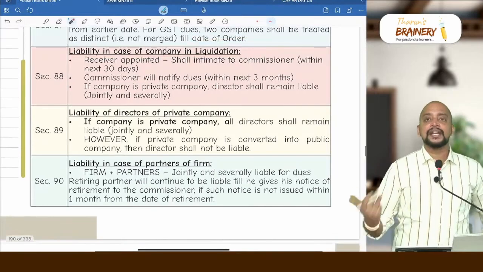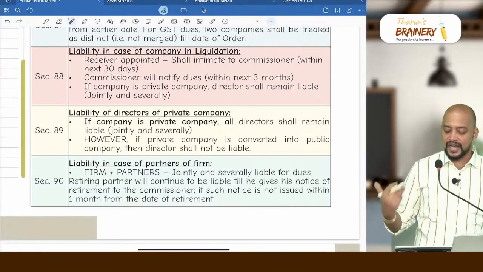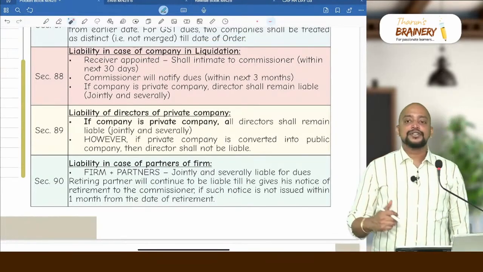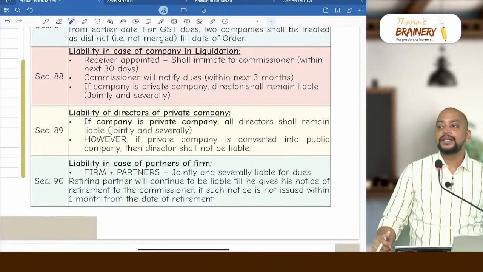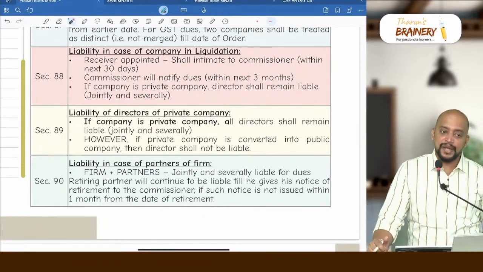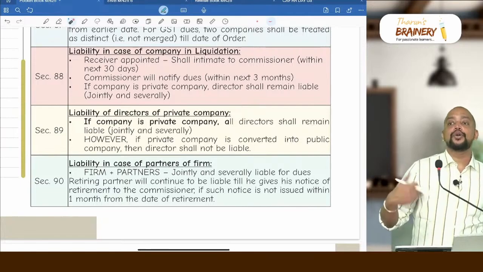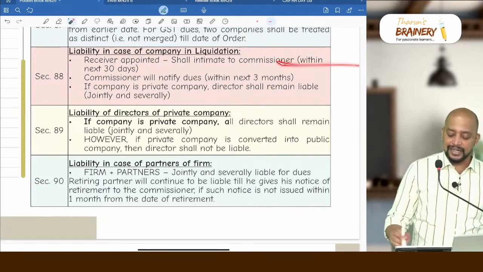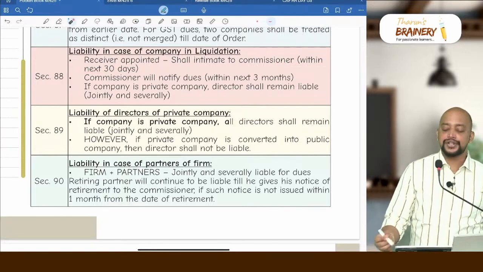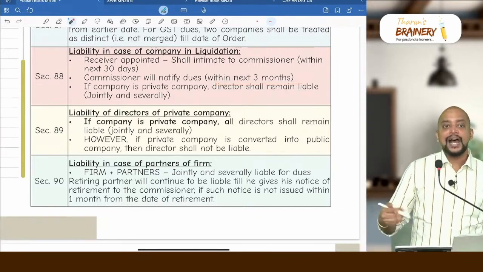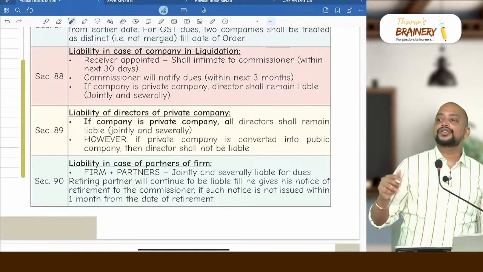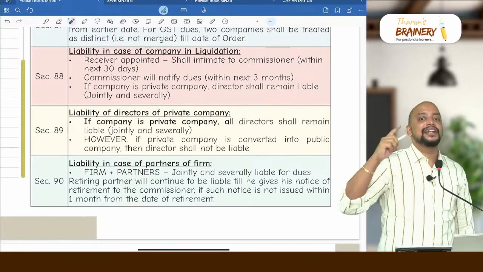Liability in case of a company in liquidation. This is subject to IBC. Whenever a company is liquidated, normally where IBC is not applicable, one official liquidator will be appointed. That liquidator should notify his appointment within 30 days, and thereafter the commissioner, within the next 3 months, will notify the GST dues, and those GST dues the liquidator should consider as first charge and need to make the